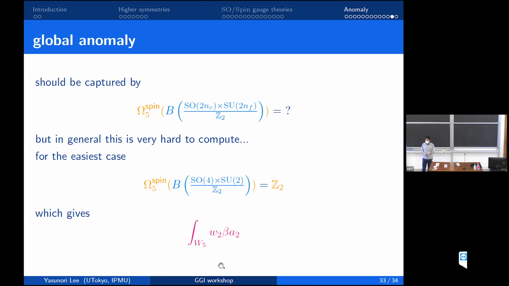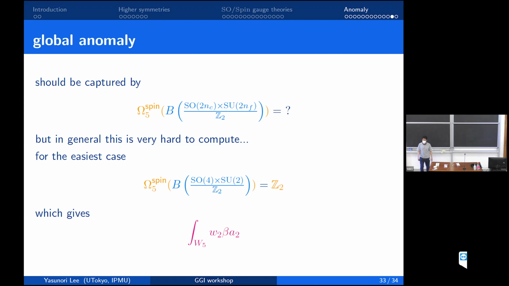Yes, do you have a question? Yes. Here you are putting on the same footing the gauge and, say, the flavor anomaly. At some point, I guess you want to disentangle them, no? Because the gauge anomaly should be 0, but the flavor anomaly is what you want to compute. The gauging operation itself does not affect the form of anomaly, right? I mean, SO2 and C is the gauge group. Here you are classifying in the same box the gauge anomaly and the flavor anomaly. Or global anomaly, call it as you want.